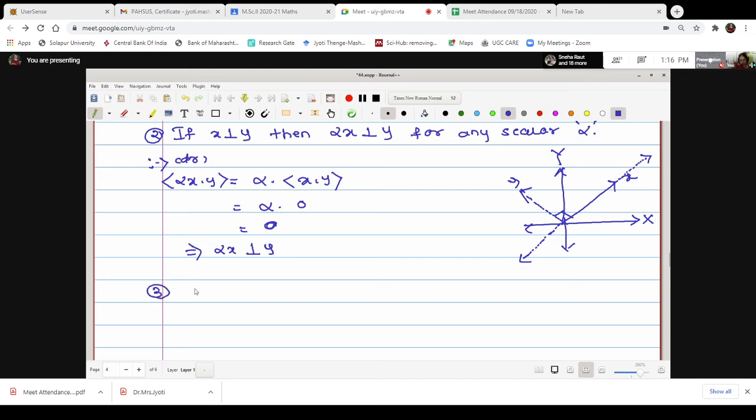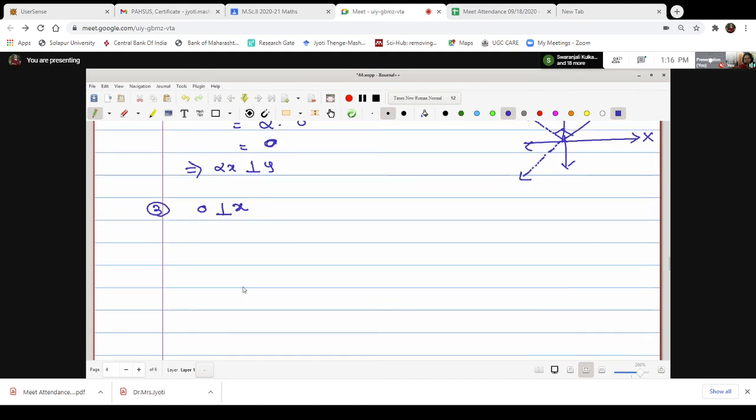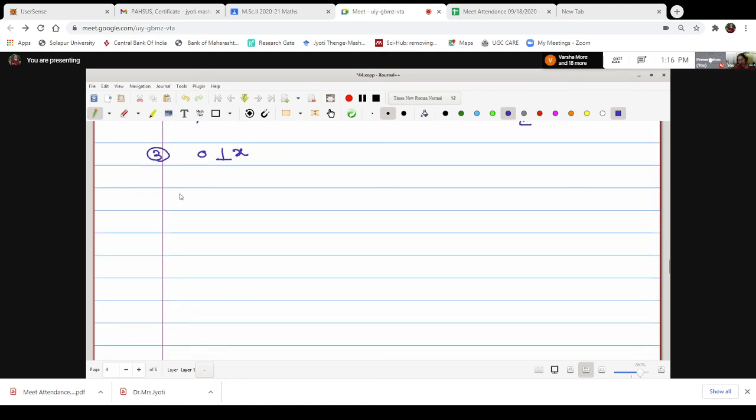Now let us go for the third property. In the third property we want to show that vector 0 is always orthogonal to x. Vector 0 is orthogonal to x. Proving it is not difficult, since the inner product of 0 and x, what is the value? 0. Now we have seen this already. Actually this is equal to the inner product of x with 0. In a pair of the inner product, if any one vector is 0, the inner product is 0, that we have seen. Therefore one can say that 0 is always orthogonal to x.